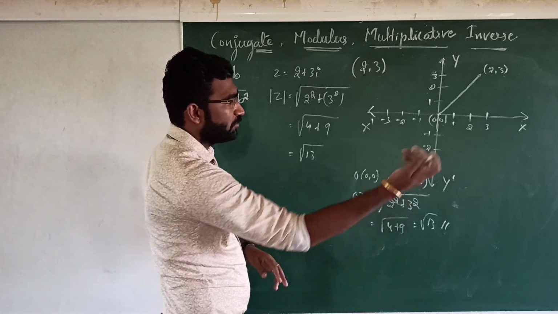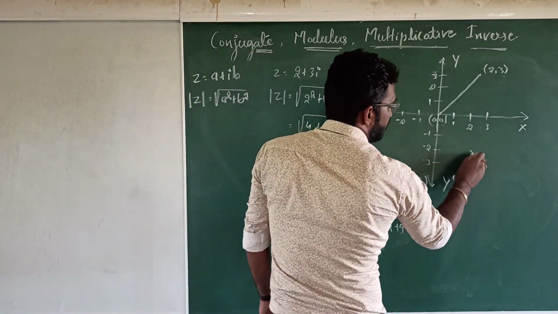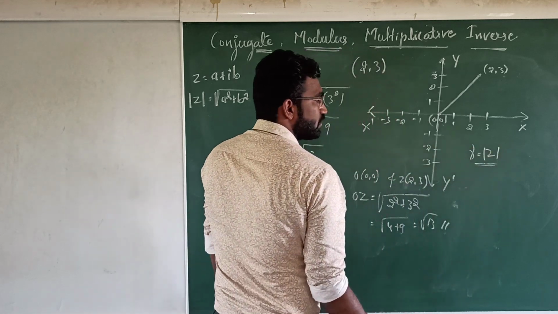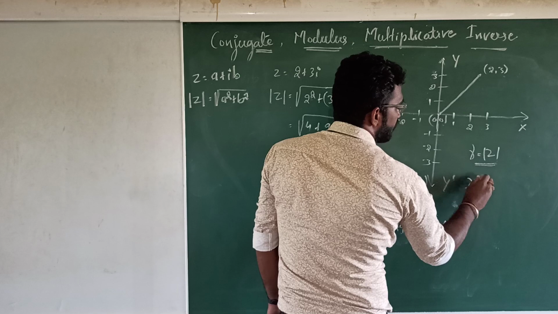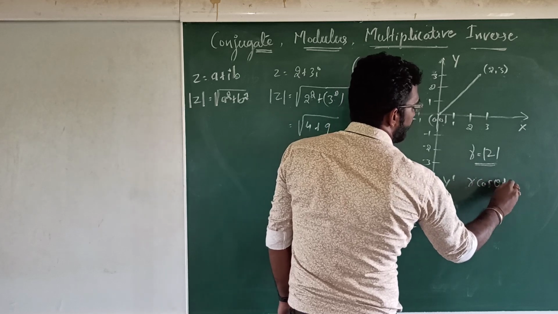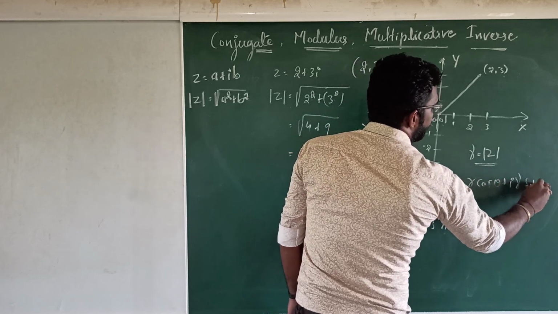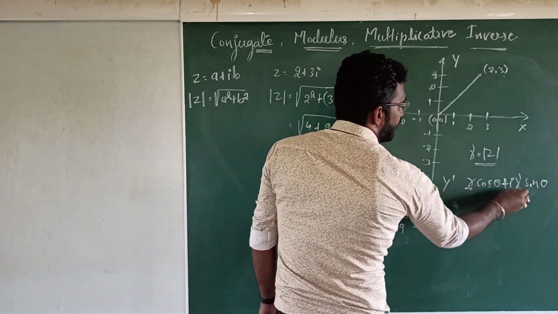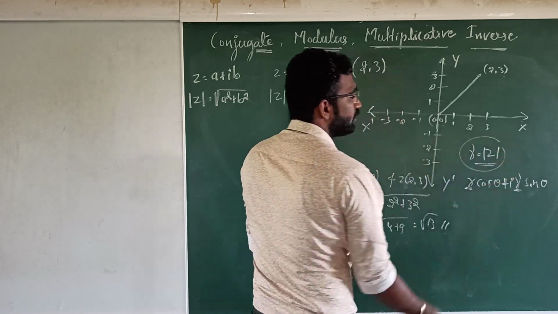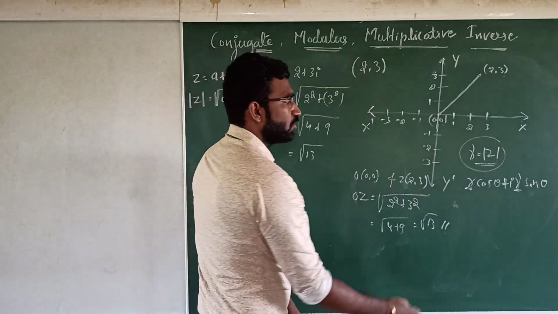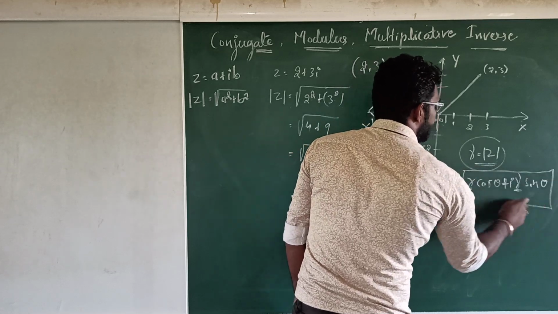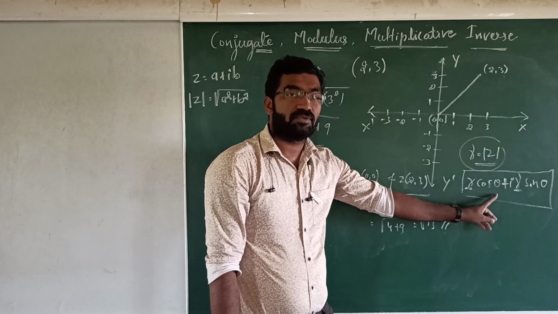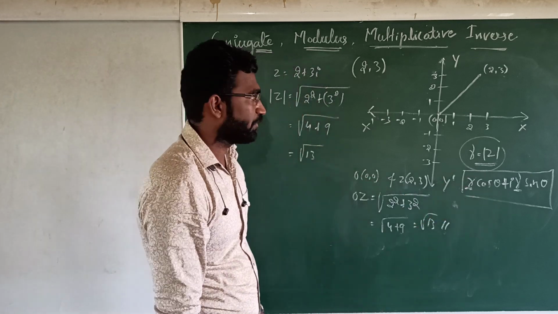Okay, concentrate now. In future we are going to write this r as mod z, right? When we write the complex number in the form of r cos theta plus i r sin theta, this r is nothing but mod z, right? To understand what r cos theta and i r sin theta are, and what the polar form is, you should watch the next videos, right?